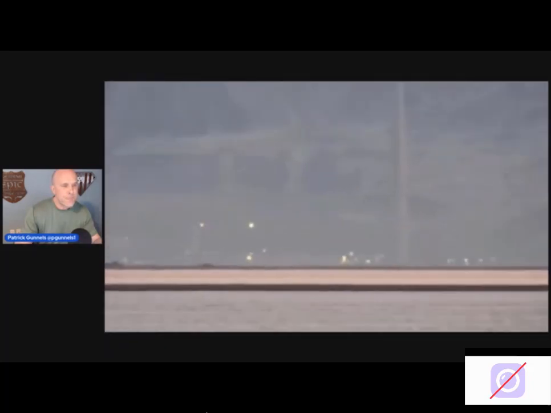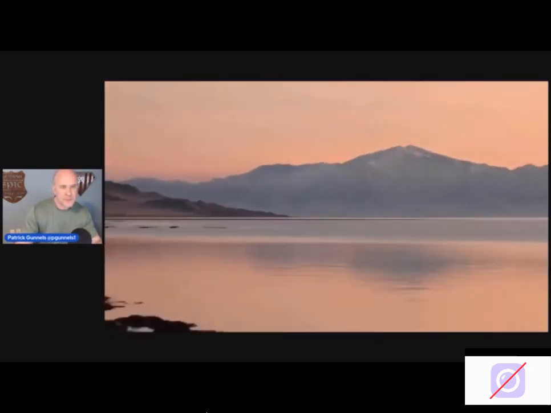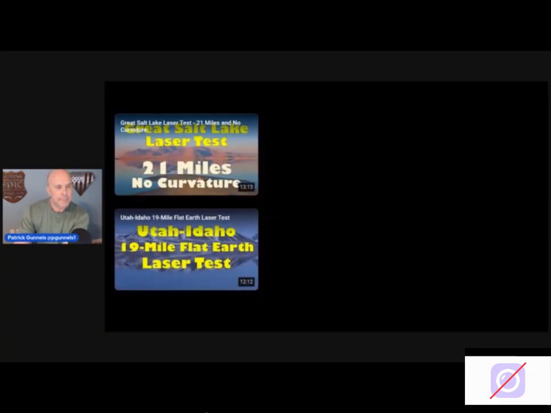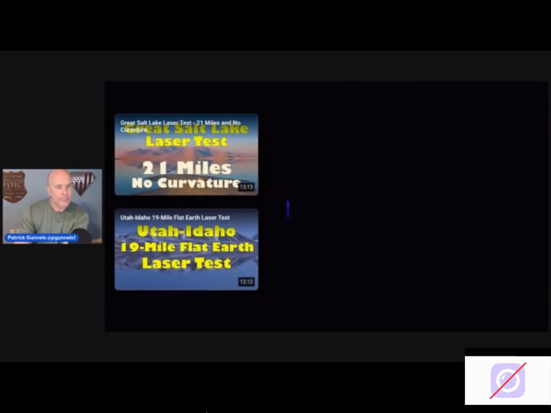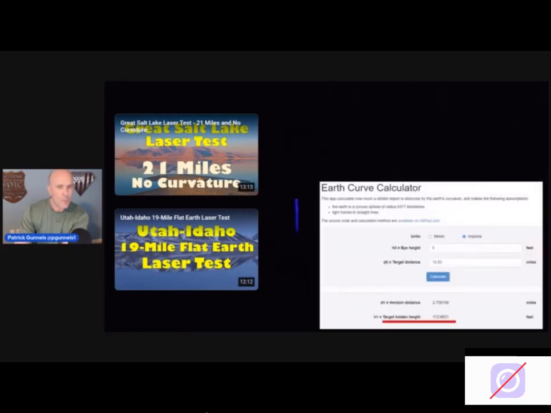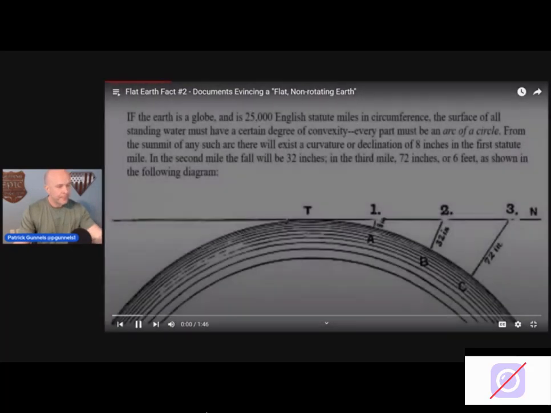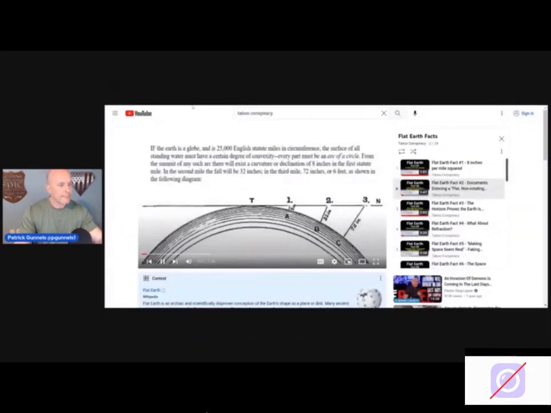For example, in this video, I filmed the opposite shore 21.03 miles away. You can see both the laser source and its reflection on the water. That laser in the opposite shore should have been between 218 to 223 feet below the globe horizon. No curvature is present. At a different lake in freezing conditions, the source of this distant laser should have been 168 feet below the curvature. No curvature is present. If the Earth were a globe with a curvature drop roughly equal to